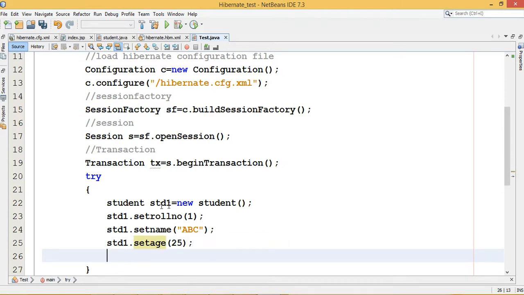So I bind the student std1 persistent object, which has 3 different pieces of information.